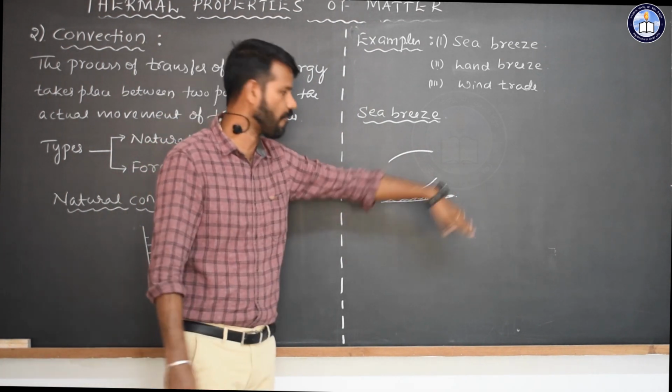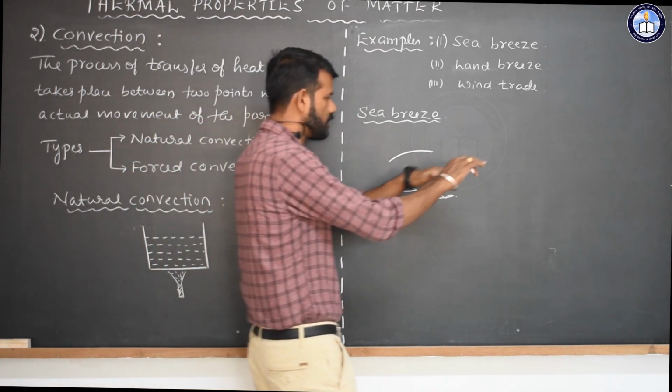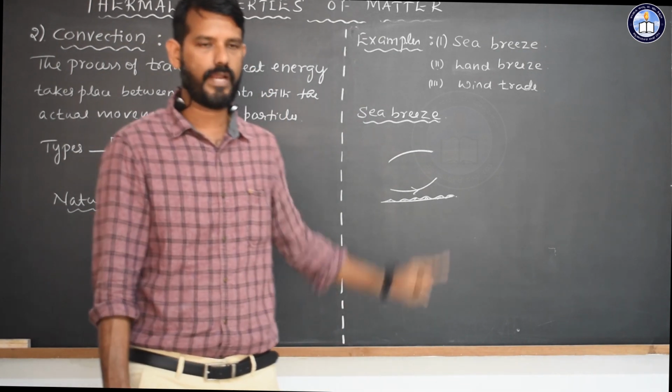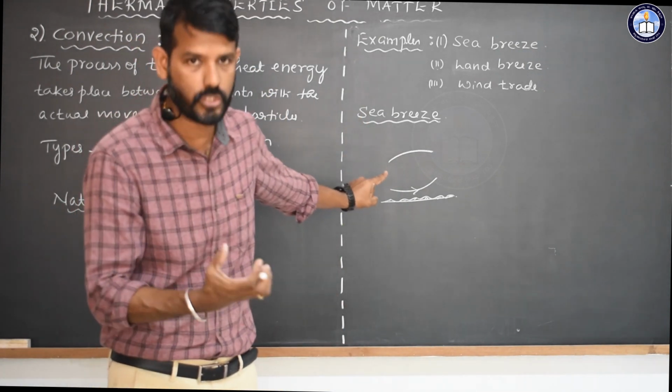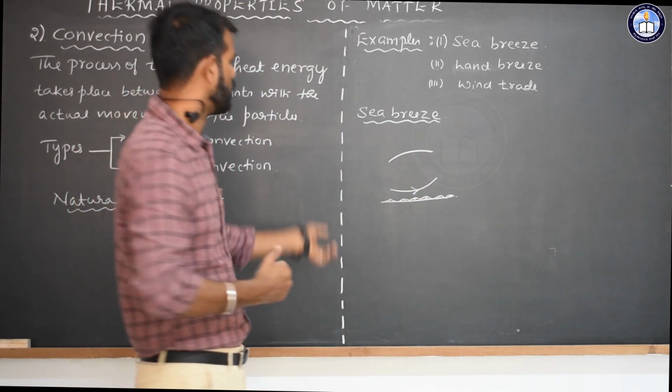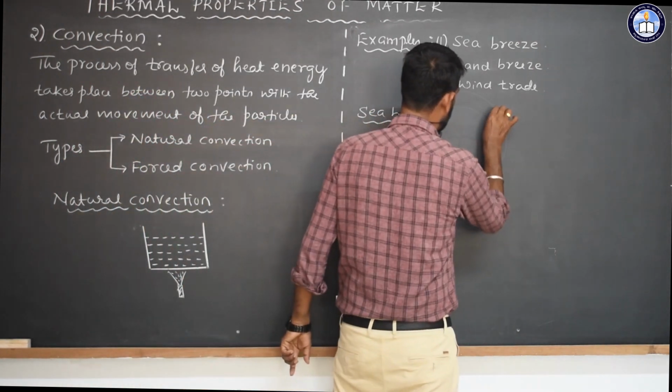By that time, the sea water will be at lower temperature because it has high specific heat, whereas the air molecules very close to the surface of the land are at higher temperature. On the other hand, if we go for land breeze,